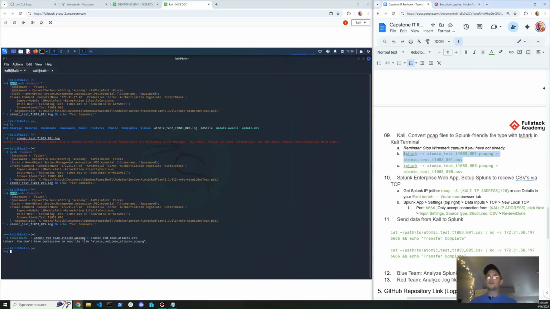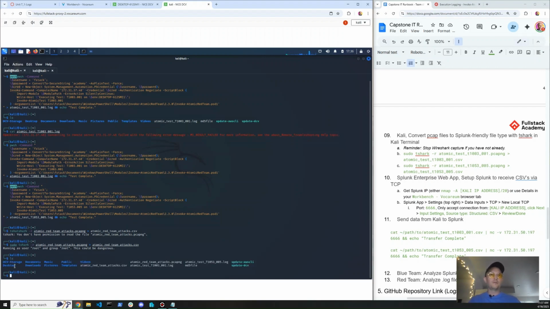and let's remind ourselves to escalate privileges on this. Try it one more time. T-shark. Good job, terminal. Sudo T-shark. It could be dangerous. I live a life of danger, so now we've got the CSV ready to send over